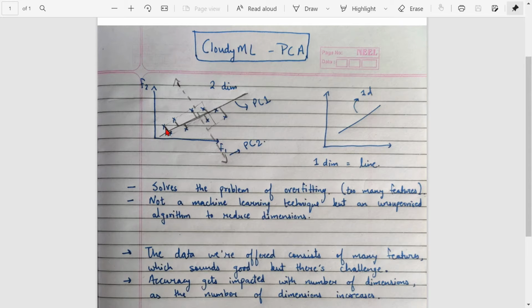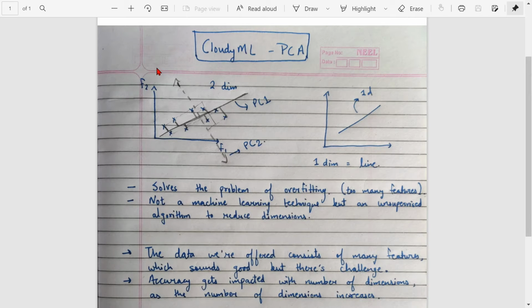These are the data samples, which you can see are crossed on the graph. These crosses are the data samples which are mapped according to feature 1 and feature 2. And this is a line which is a best fit according to the features, according to the samples. The samples are mapped and this is the best fit line passing through them. So we have two features currently. The intuition behind PCA is that in order to reduce the dimension, let's say I'm looking from this direction. If I look from this direction, then I will see a one dimension thing, which is a line. A line is a one dimension thing.